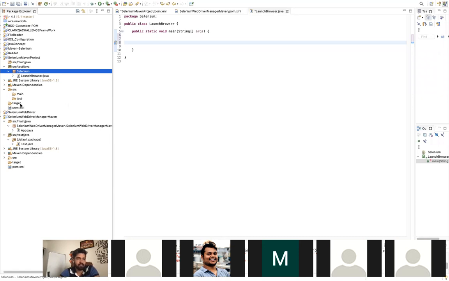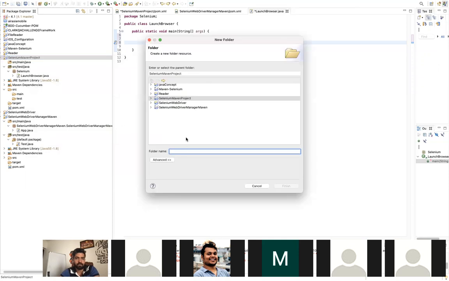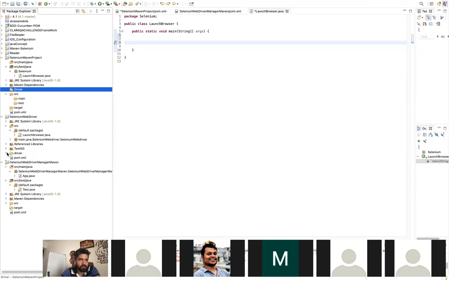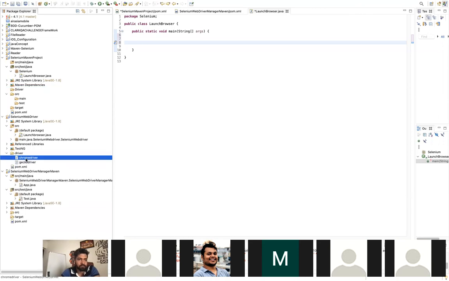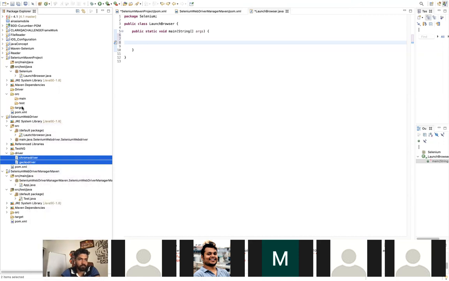So here I will just create a folder in the Selenium Maven project, and let's say I write driver, and I will put my driver here. I already have the driver present in my earlier project, so I will just copy it and paste it here.